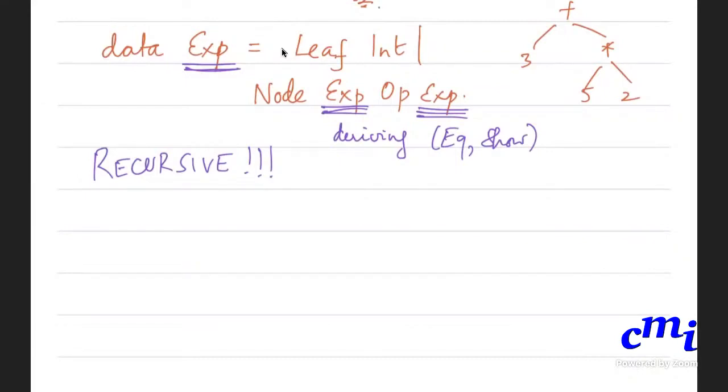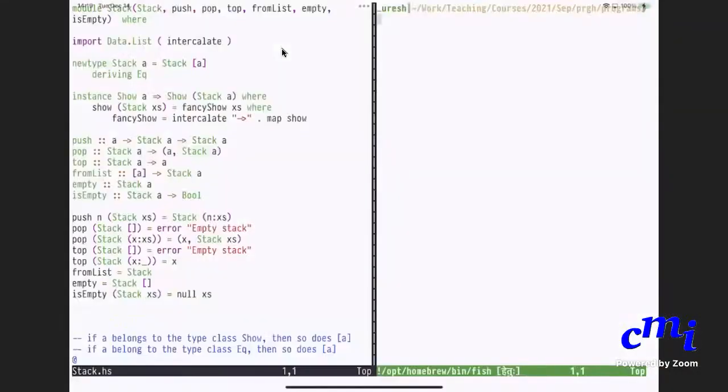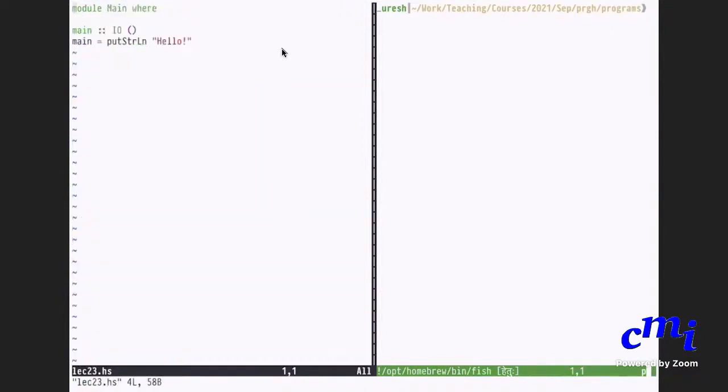Let me just go to code now. You have stack.hs, but I will go to line 23. In fact, all this is there already in this postfix, but anyway.